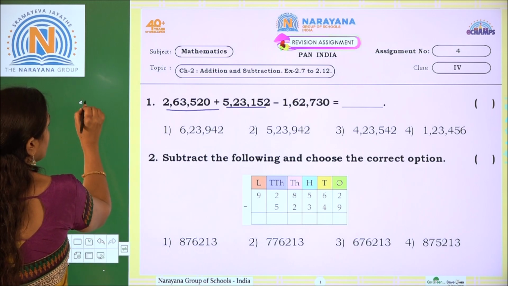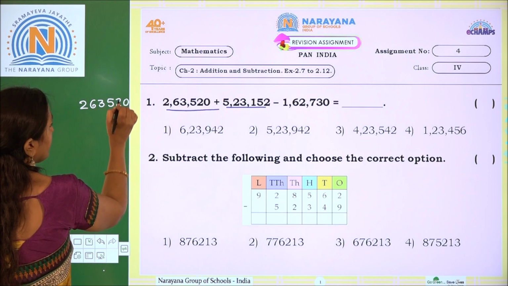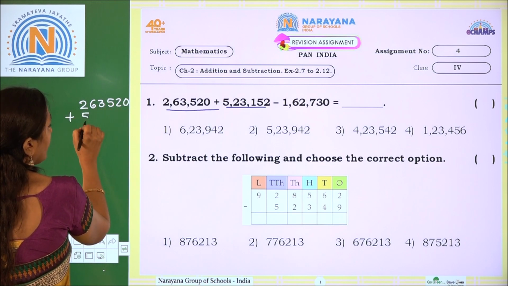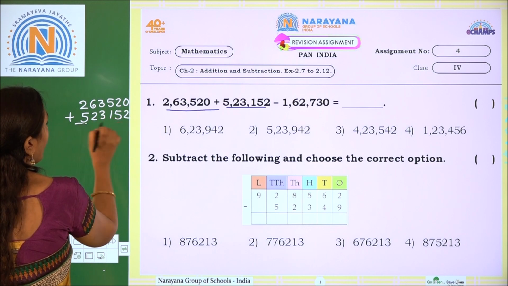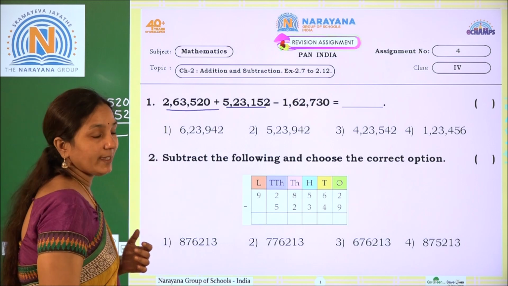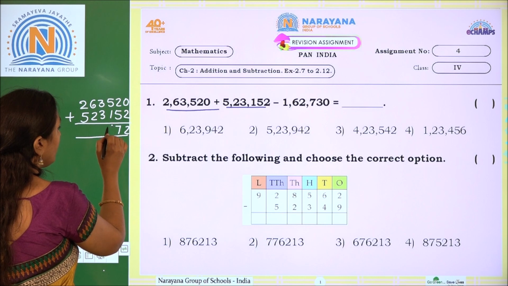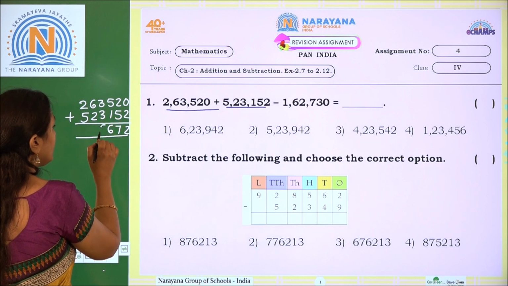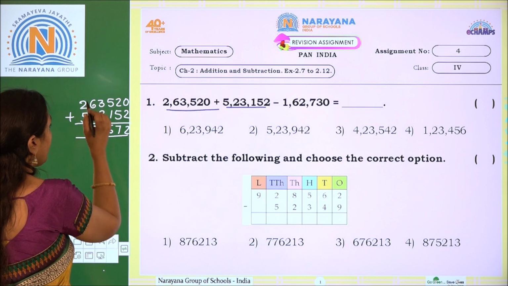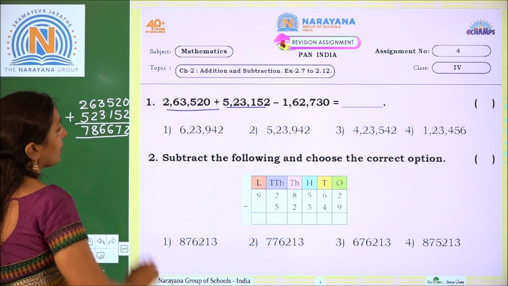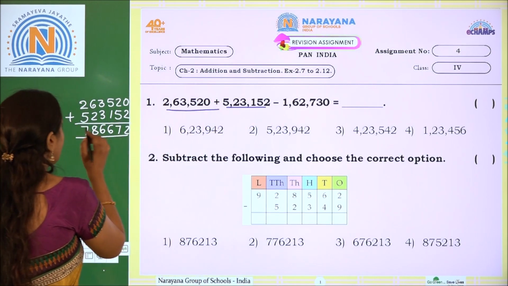See, 2,63,520 plus 5,23,152. Now add the given numbers. 0 plus 2 is 2. 2 plus 5 is 7. 5 plus 1, 6. 3 plus 3, 6. 6 plus 2, 8. 2 plus 5 is how much? 7. Now we add these two numbers. Then after that we have to subtract from this